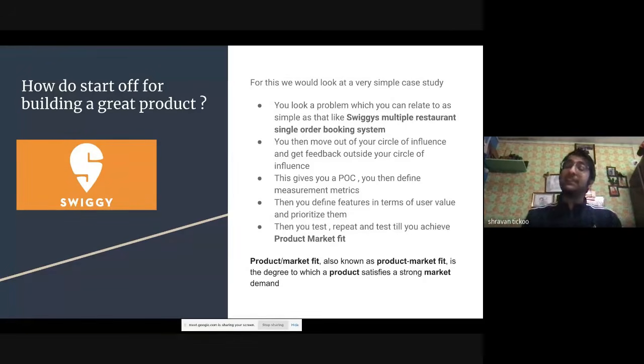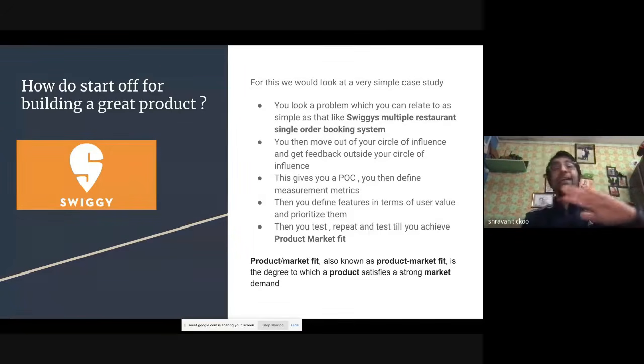Then the next thing is, if you have really done that proof of concept and you figure out there is a demand, people are willing to pay for it, maybe you define it via an app. You build an app because apps are used all over the place. And then in terms of user value, कि इसमें सबसे ज्यादा valuable क्या था, लोगों को चाहिए कि एक ही जगह से multiple चीजें मिले. Okay. Second चीज क्या हो कि अगर किसी बंदे की ये value भी हो सकती कि नहीं यार मुझे एक ही रेस्टोरेंट से 5 चीजें चाहिए लेकिन मुझे 30 मिनट के अंदर चाहिए. So that's the second thing that they want.